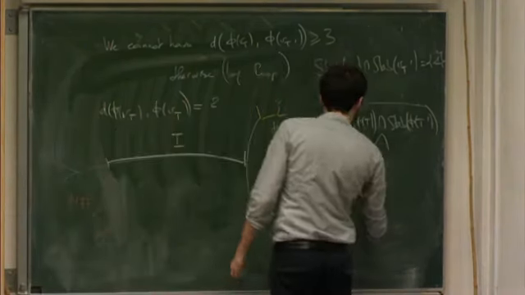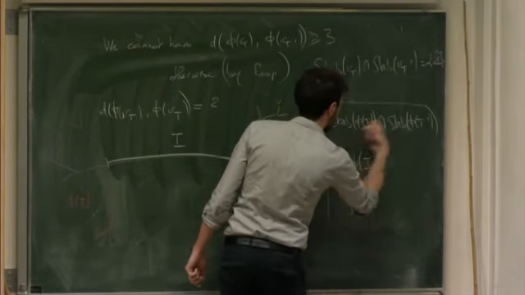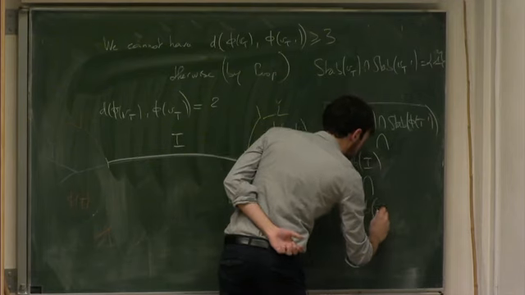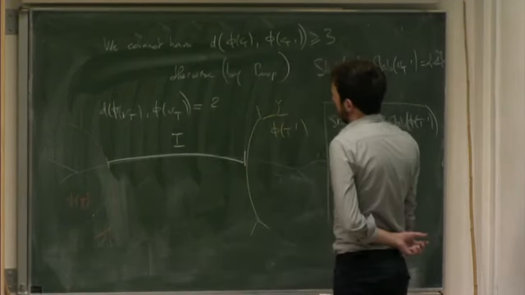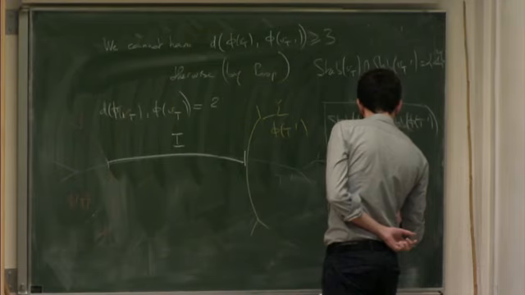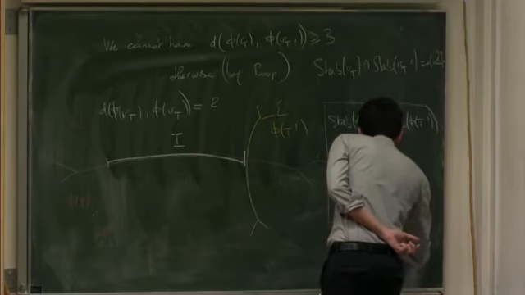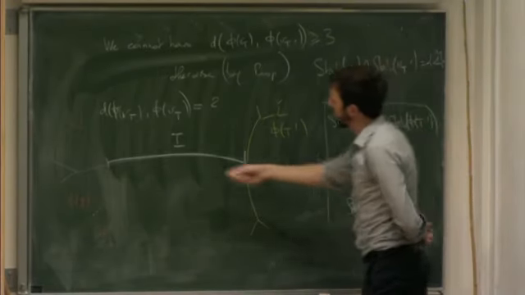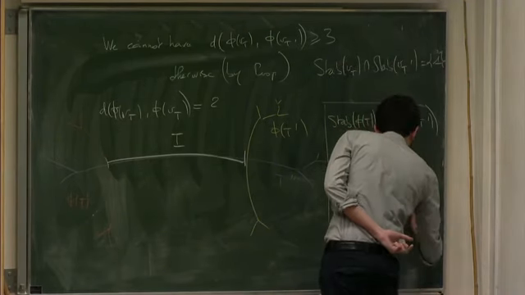So in particular, what does that mean? It means that those stabilizers intersect along something. Yes, so these stabilizers are contained in a stabilizer of an edge, which is of the form